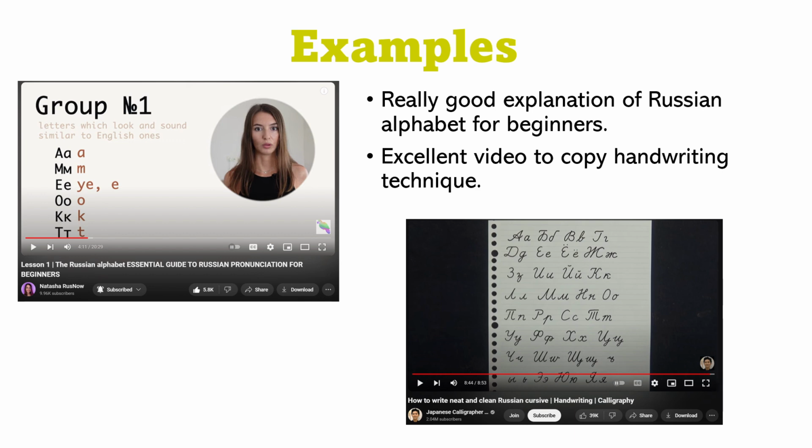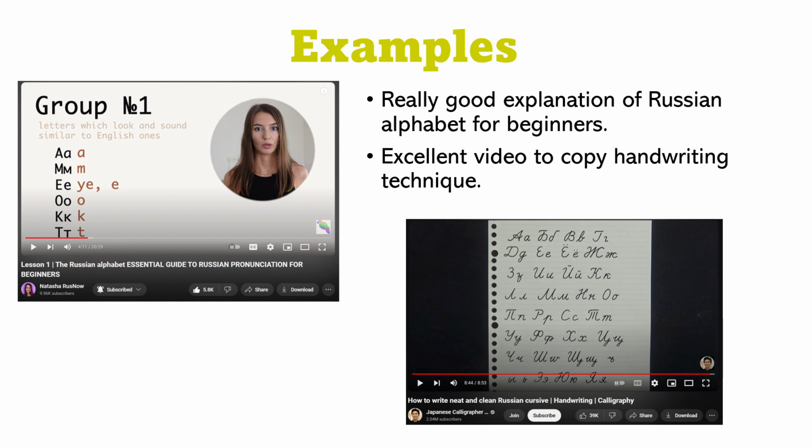So if one person has an accent, or they're from a certain area, so they do things differently, or just even mistakes, you're not just embodying that from the beginning, you're learning from a few different masters. But yeah, that one down the bottom is someone writing it out. I don't know if they're a native Russian, but I presume they know what they're doing, and it seems fine to me. I have watched that, so as far as I know, that is correct. If it's not exactly correct, I'm sorry, I can't go through and watch everything and be perfect all the time. But yeah, that is an excellent video to copy handwriting.